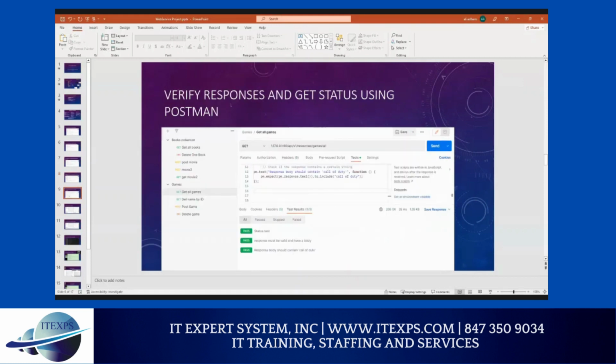And then here we start checking and verifying responses as requested. We need to verify some things. So we can add a few code lines here to test. Here is the status test, which is 200, and it says passed. The response must be valid and have a body. It should pass, and the response body should contain